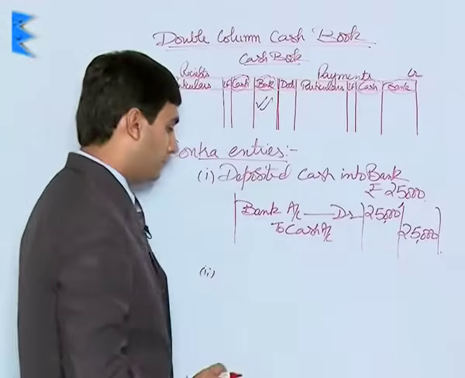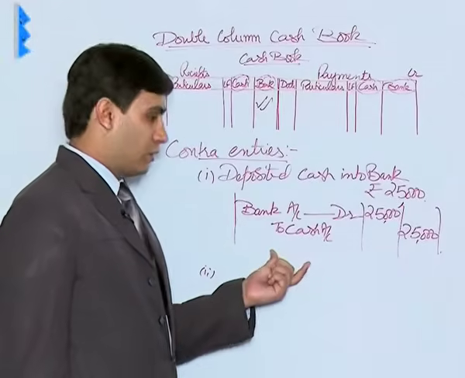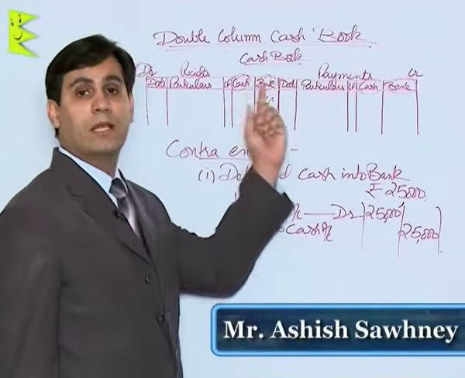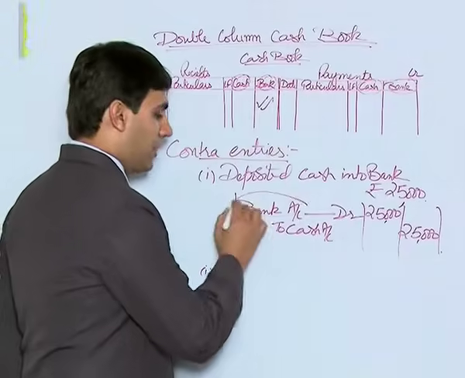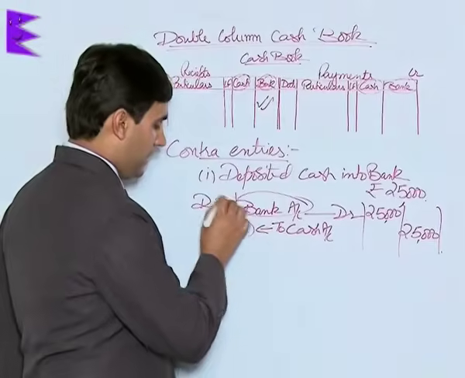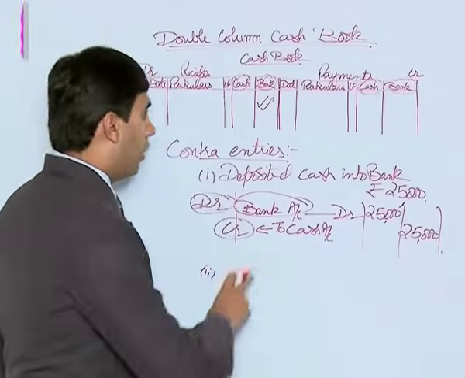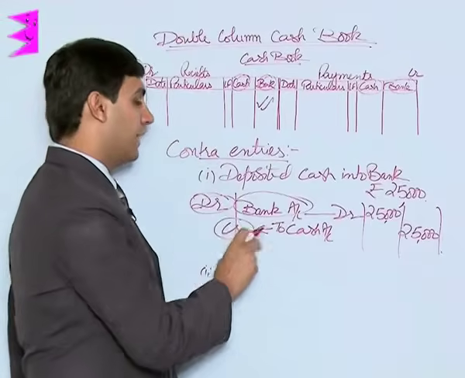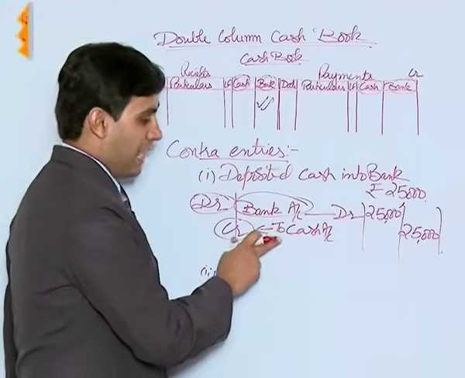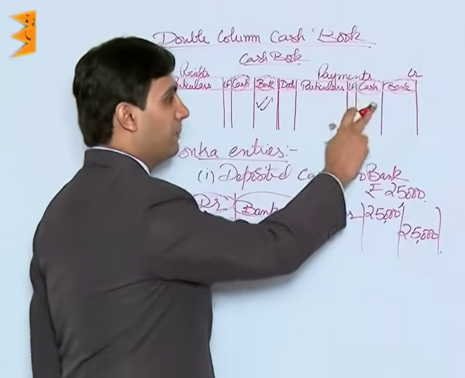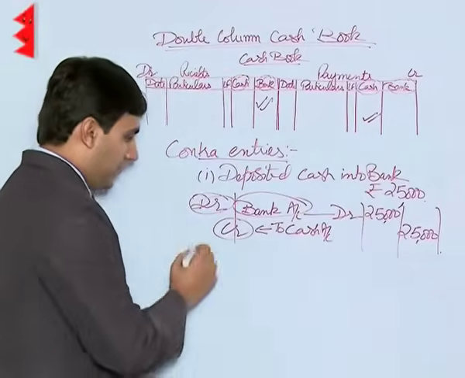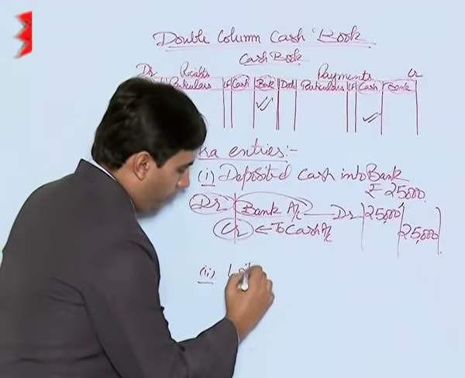Now students, bank account and cash account, these two accounts are involved, and for both these accounts the postings have to be made in the double column cash book. So it will appear on the debit side of the bank account and on the credit side of the cash account. That is, on the debit side, that is the receipt side, the entry would be made in the bank column, whereas for the cash which has been credited, the entry would be made on the payment side in the cash column. Okay students, now the second transaction is withdrew from bank